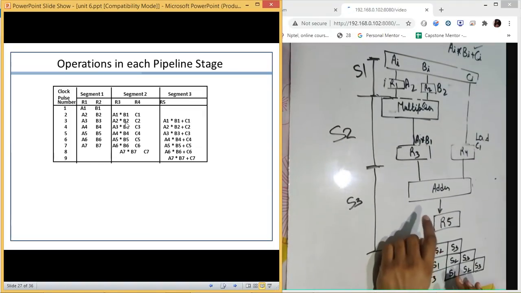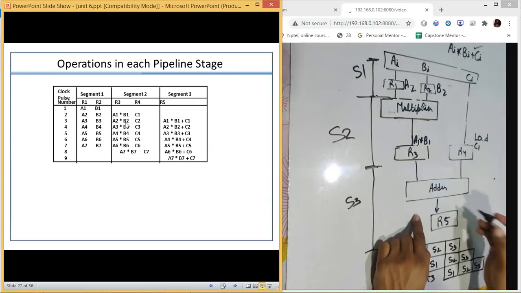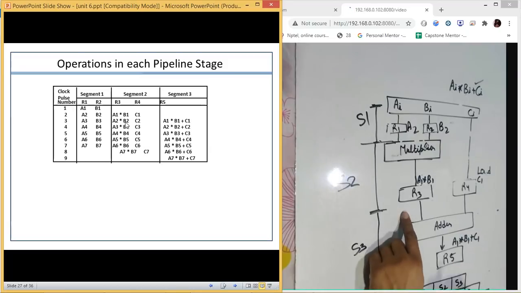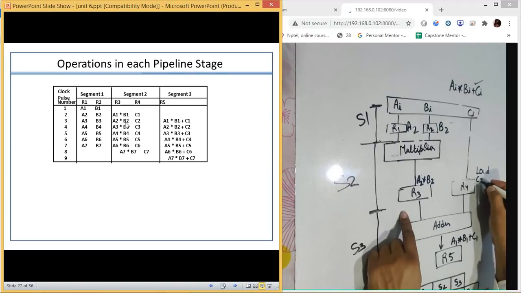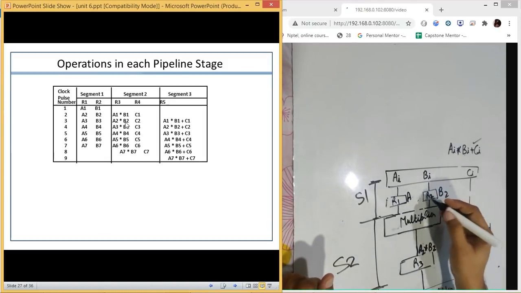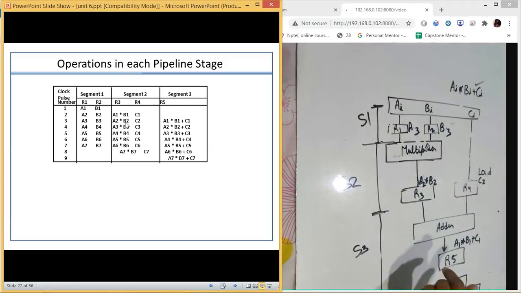Now when we are at time T3, what will happen? These values will be added. So the answer which we are going to have will be A1 into B1 plus C1. At this place in the second stage we will get the values A2 and B2, and here C2, and at this place we will get the values A3, B3. So this is how we are going to have a value at different stages. That is what we can see from this place as well.